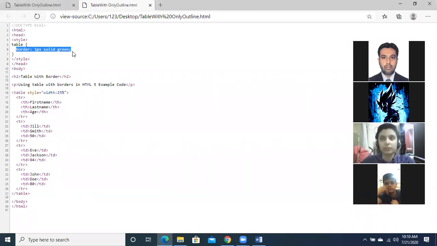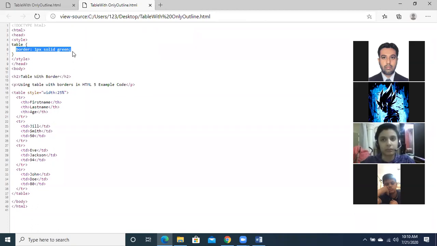See this line: in the table we have mentioned border 1 pixel solid green. 1 pixel is the thickness; we can also mention 2 pixel or 3 pixel depending on our requirement. So the table property that we have mentioned in the head, in the style, is border 1 pixel solid green.